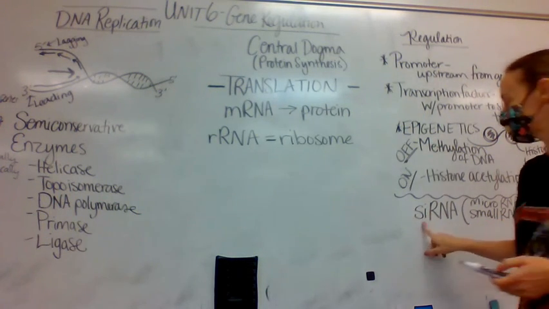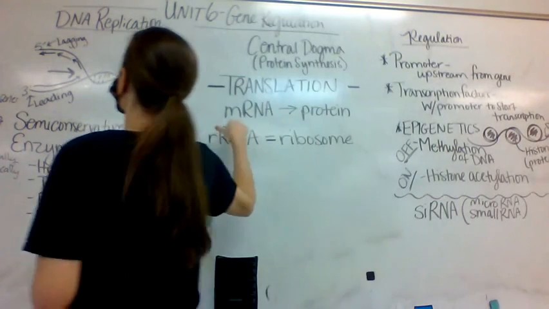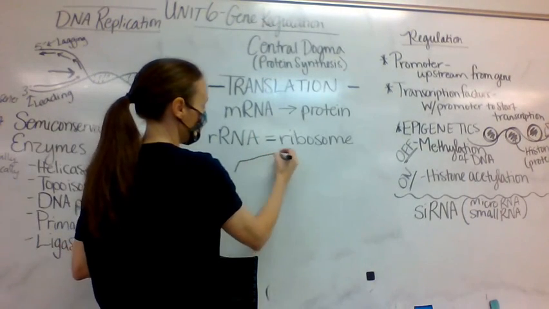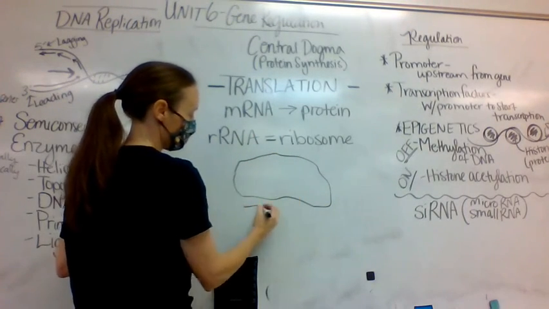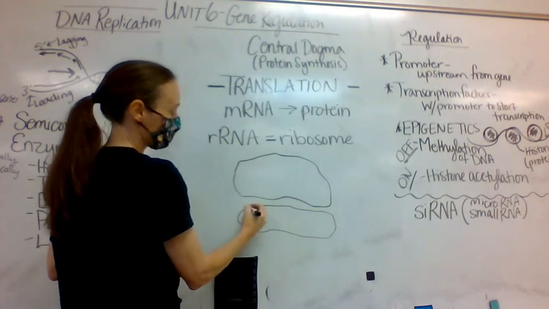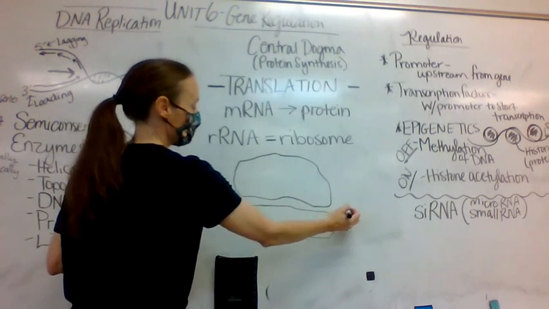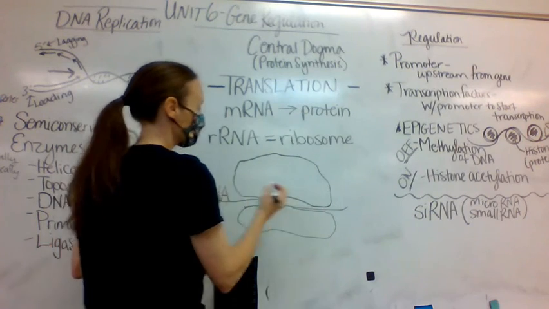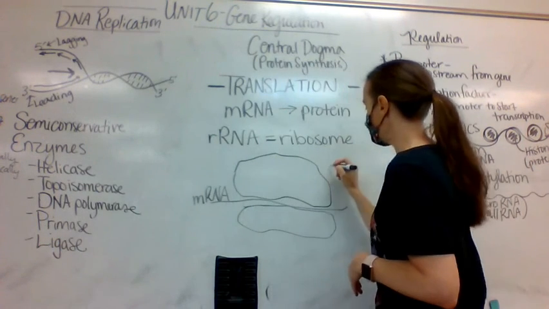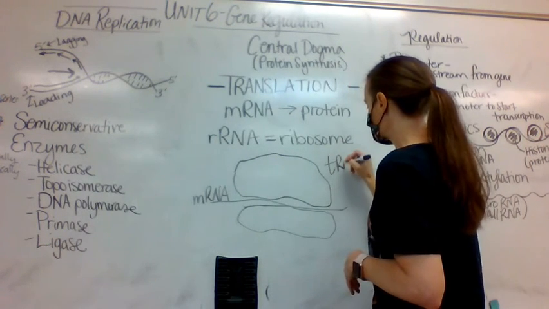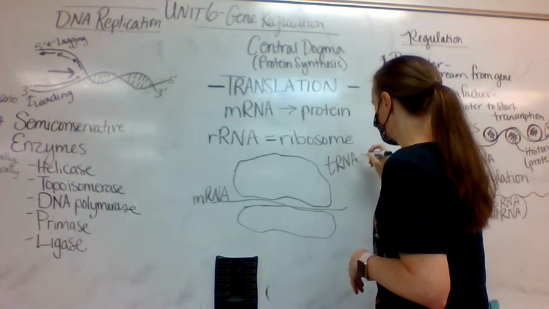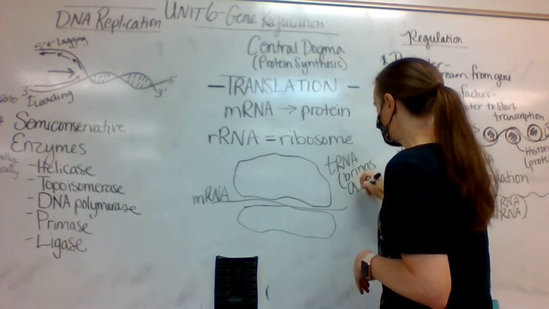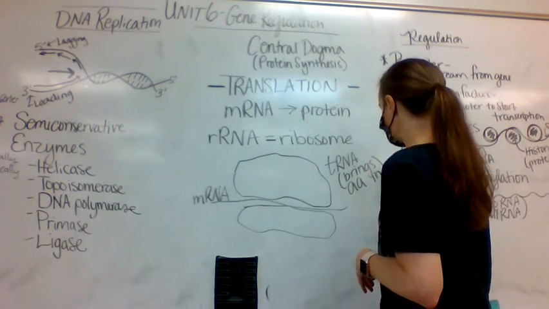So we've got siRNA, we've got rRNA, we've got mRNA, and the last one we need is tRNA. So here's our ribosome. Here should be, okay? And ribosomes are two subunits. Here's our mRNA. The last one that we need is the tRNA, which transfers amino acids in. So this brings amino acids in. I'm going to abbreviate it AA for amino acid. And